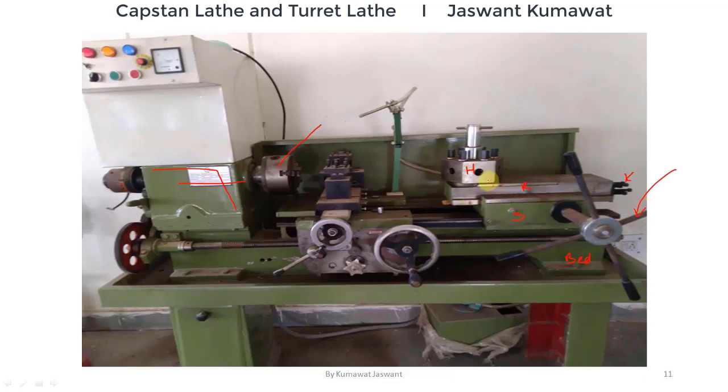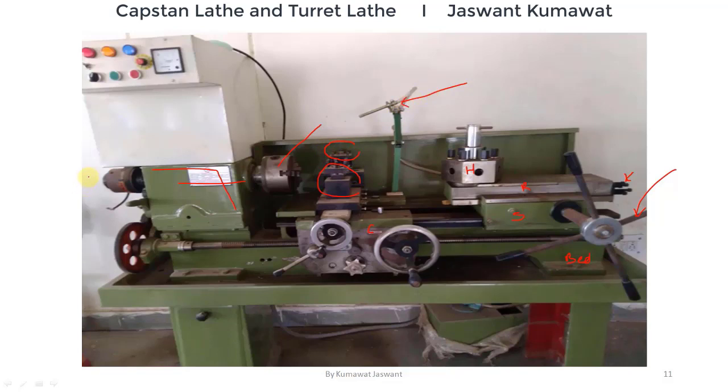In between the saddle and hexagonal turret arrangement and headstock there is a carriage. This is carriage which is also mounted on the guideways provided on this bed. This is reach over type carriage, that means it extends to rear end also. On the top of this carriage a dovetail structure is provided on which cross slide is mounted, and on this cross slide there is a tool post. This is front tool post, and at the end of this cross slide there is another tool post, that is rear tool post. This is collet arrangement.